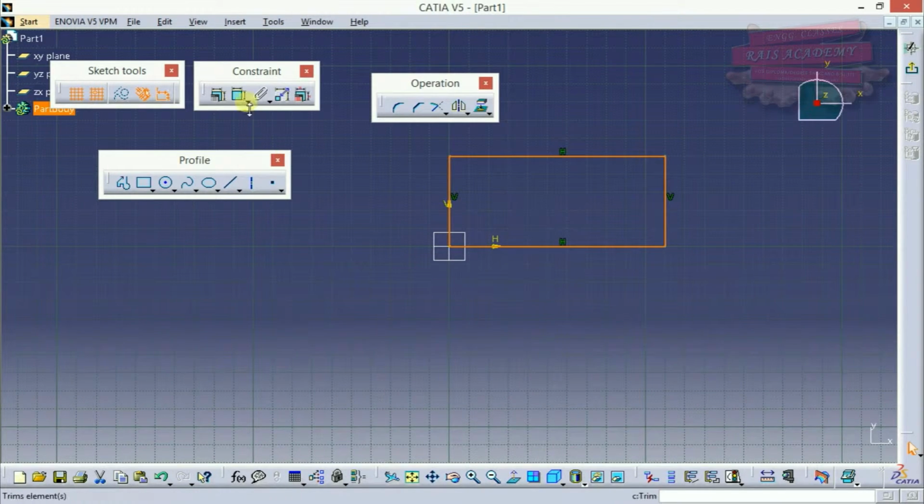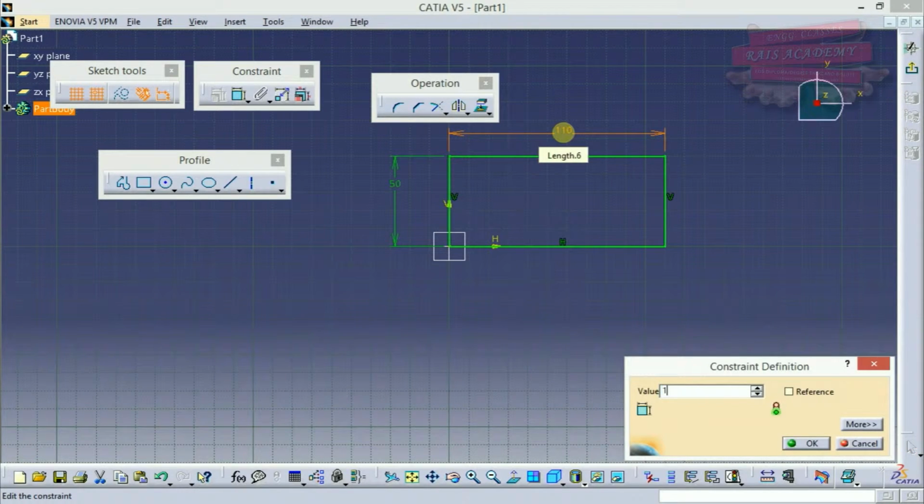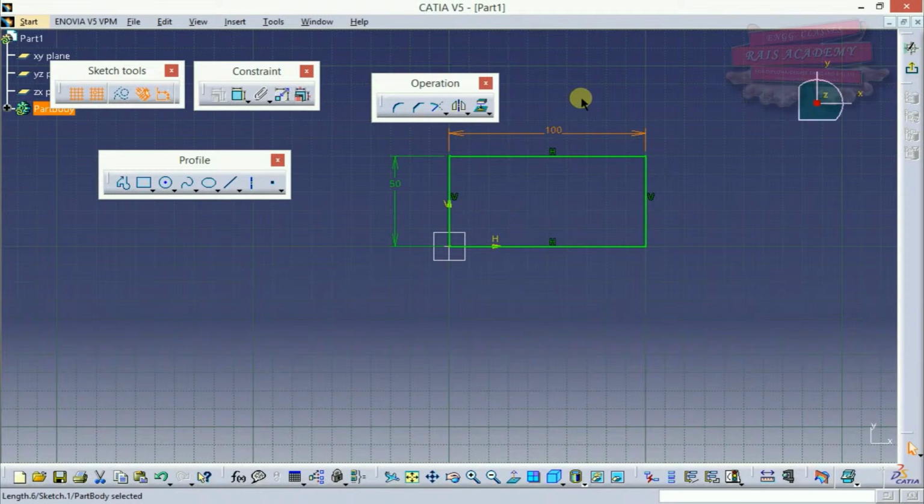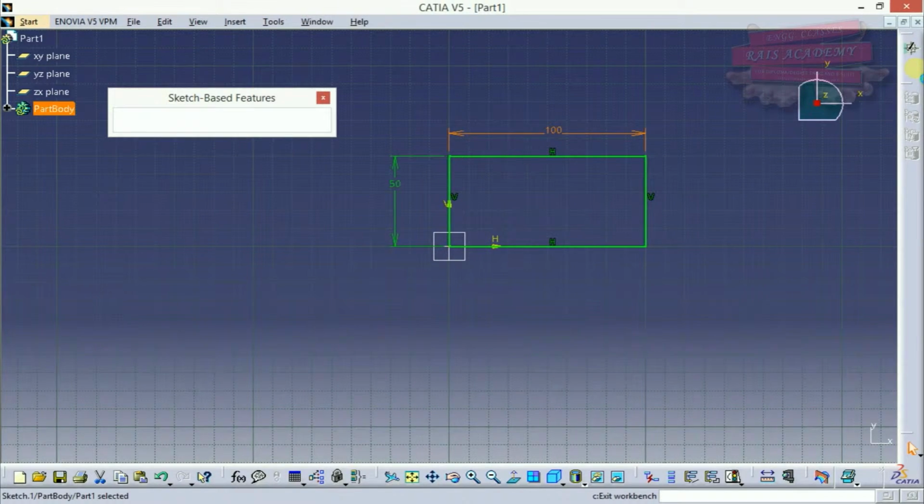I've made a square and I'll give it constraints. I want the square to be 50 by 100. I've given the dimension and constrained my sketch. Then I'll exit the Sketcher workbench.